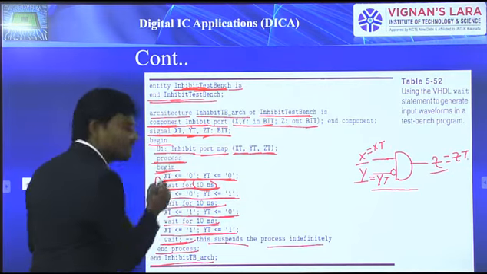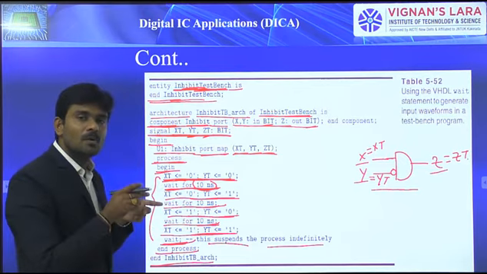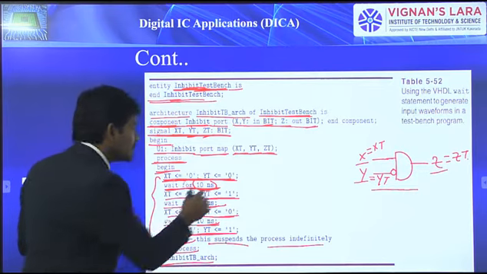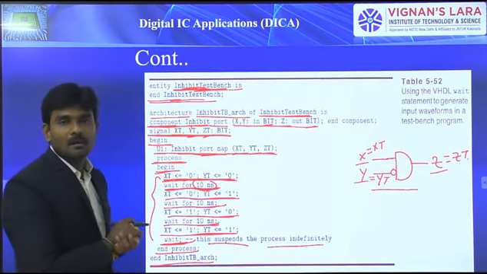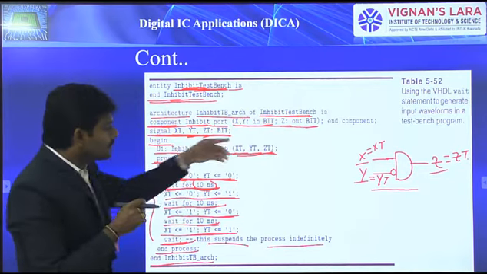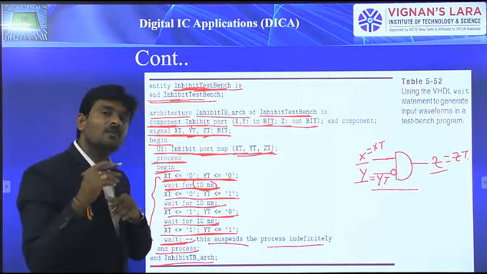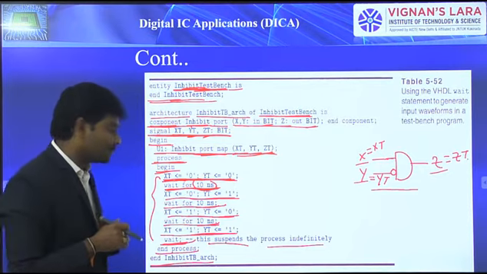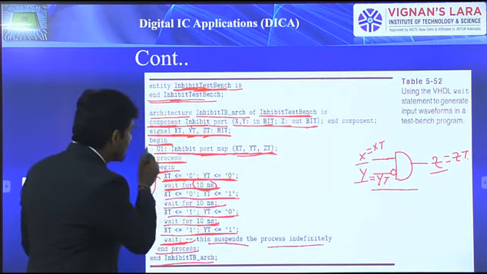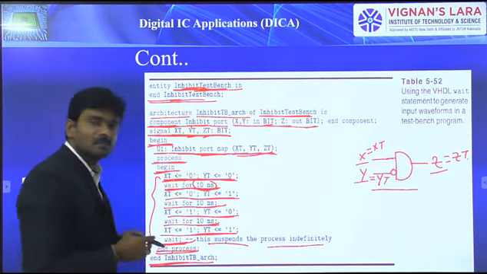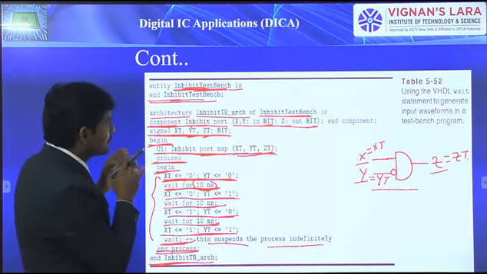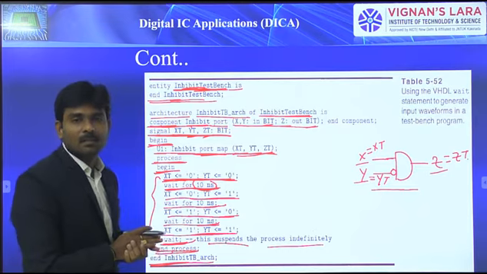In the architecture body also, the first statement must be that the component is instantiated using the component statement. So we instantiated that component. Thereafter we are supposed to drive those inputs and observe the output in the simulator waveform. And finally we are supposed to close each and every begin. Further, two begins are there, so according to the two ends, they must be enclosed in that program. So this is how to write a test bench program.